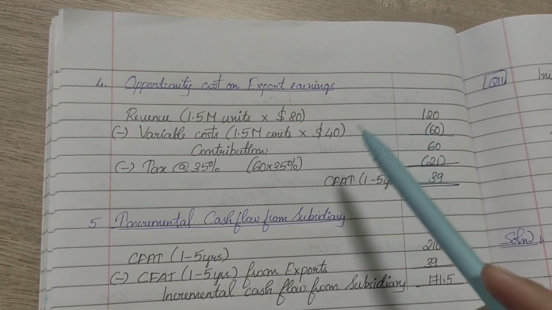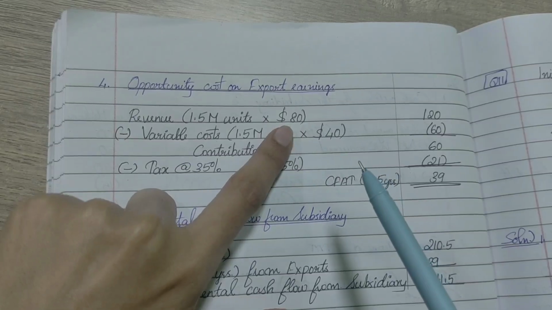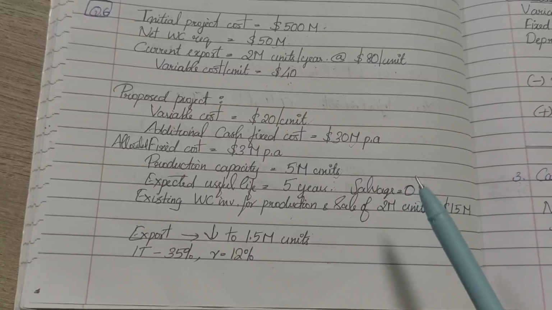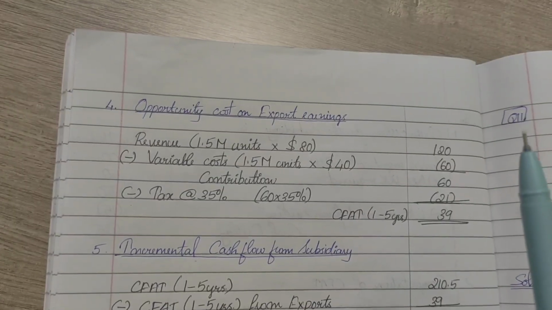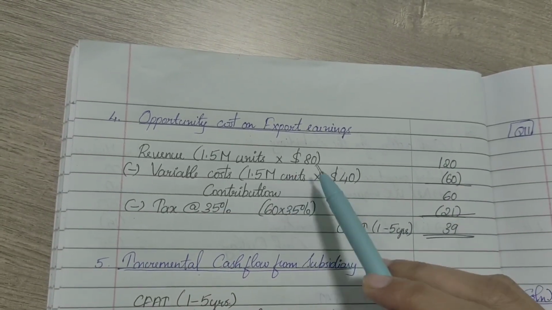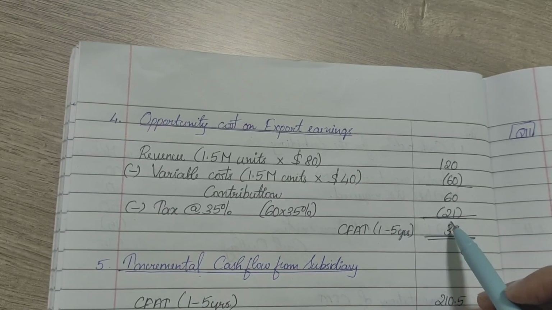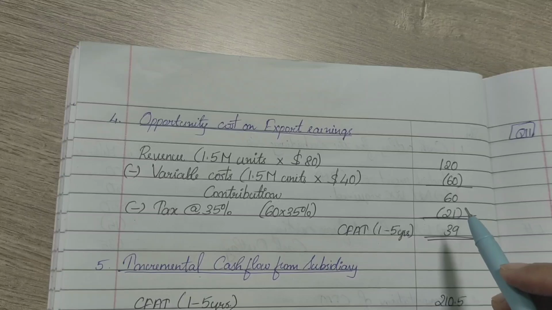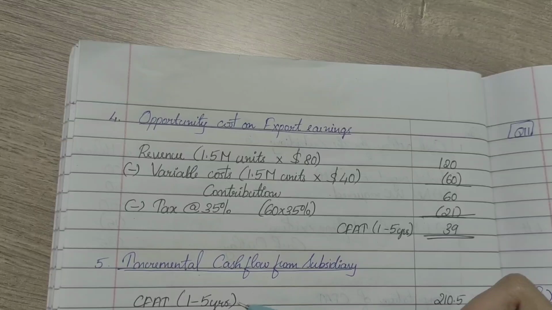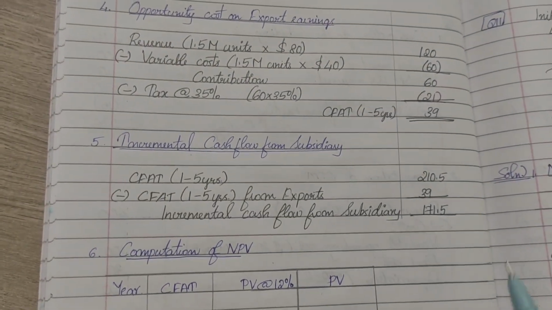Then we have to find the opportunity cost. How does the opportunity cost come? Revenue is 1.5 million units into $80. The question says exports will decrease to 1.5 million units if the subsidiary is not opened. So 1.5 million units into $80 per unit is 120. From that, subtracting variable cost, 1.5 million units into $40, which is 60, you will get the contribution. From that, subtracting the tax rate of 30%, you will get the cash flow after tax for 1 to 5 years. So incremental cash flow will be the cash flow after tax for 1 to 5 years, 210.5, minus opportunity cost, 39,